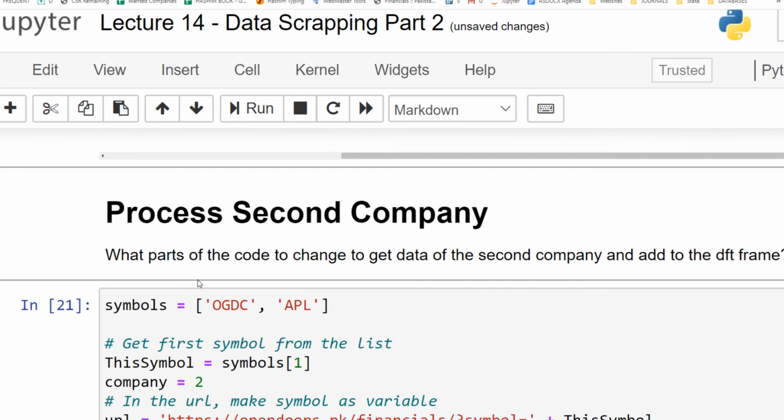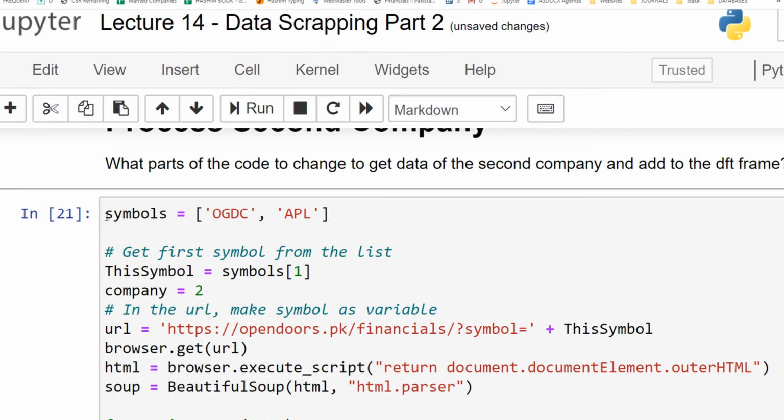Now let's go to our second company. Process the second company. What parts of the code to change to get data of the second company and add it to the DFT data frame. So remember, previously we defined the Python list and we obtained the first element out of it. This time we are getting the second element.